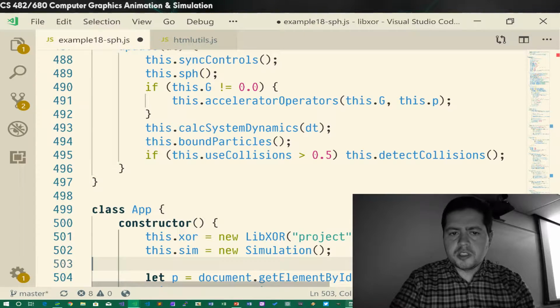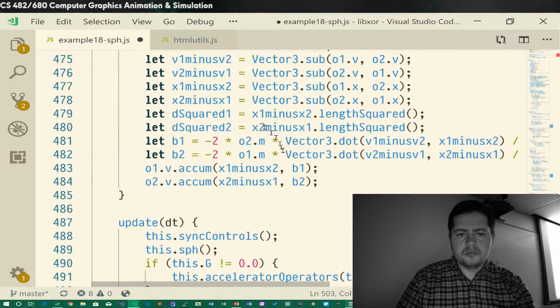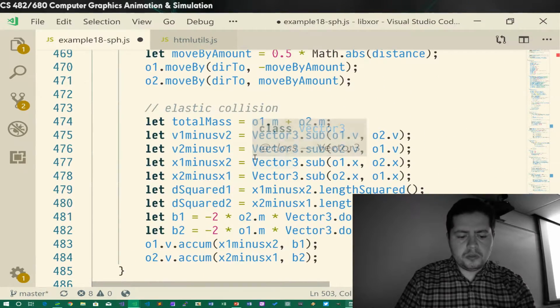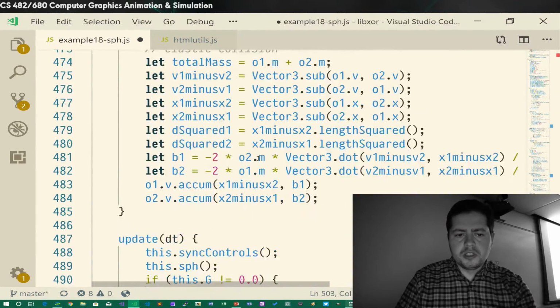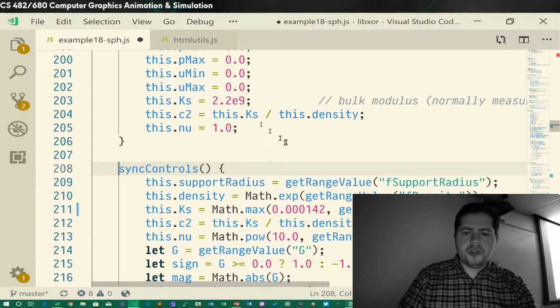Maybe we should do it in here. Sync controls. Oh, that's why I think so. Okay, so we're